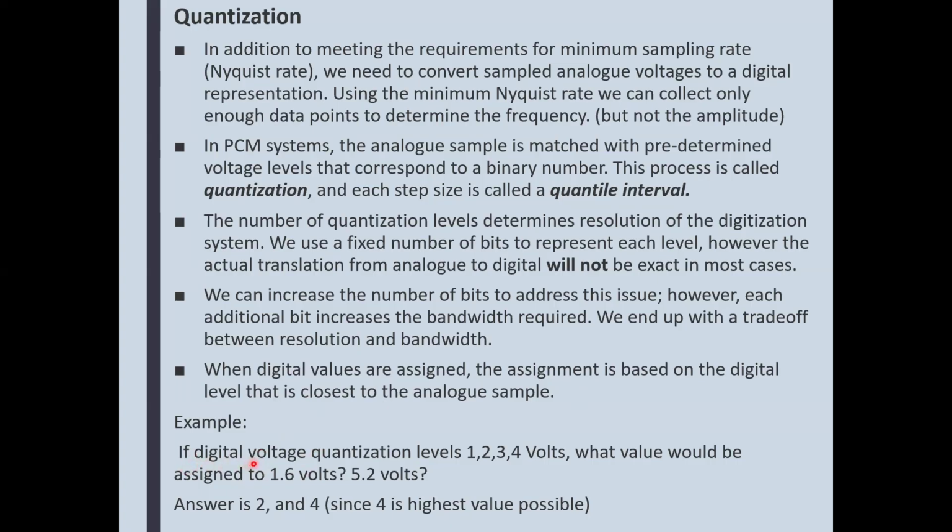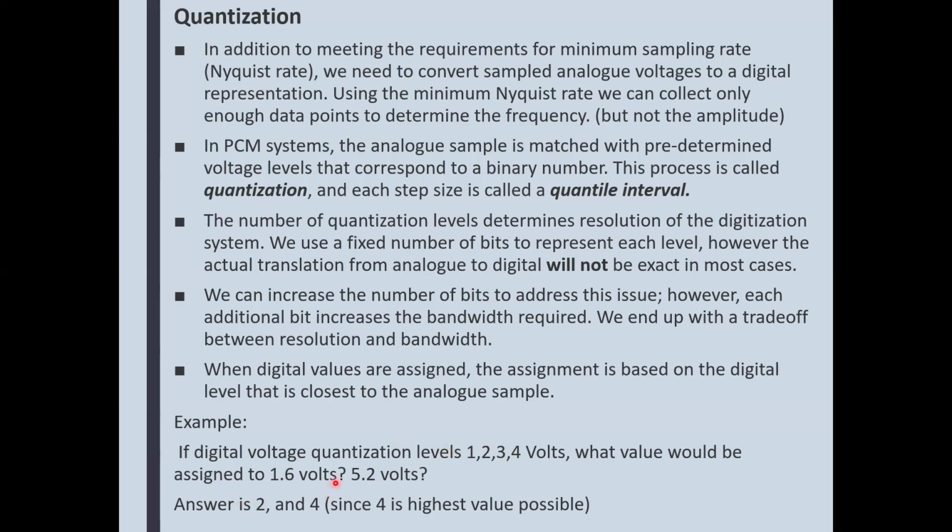Example, if a digital voltage quantization level is 1, 2, 3, and 4 volts, that's it. What value would be assigned to, well, if you want to sample 1.6 volts, where would that be here? If you have just 1, 2, 3, and 4 levels, you have to assign that to transmit and let it go in the air. And if you have 5.2 volts, where would that be? Within 4 levels. Well,